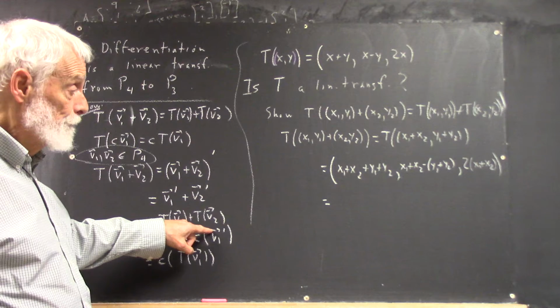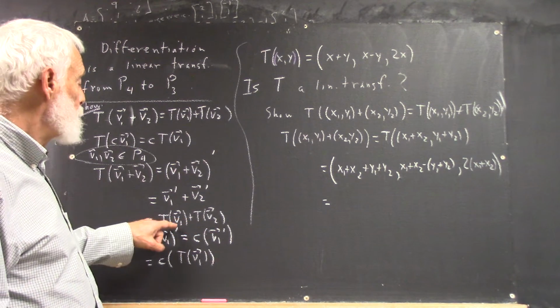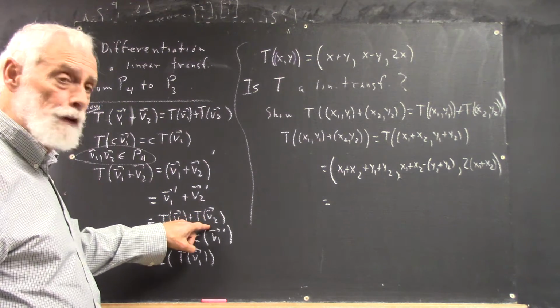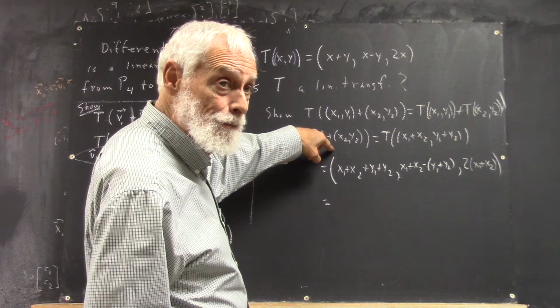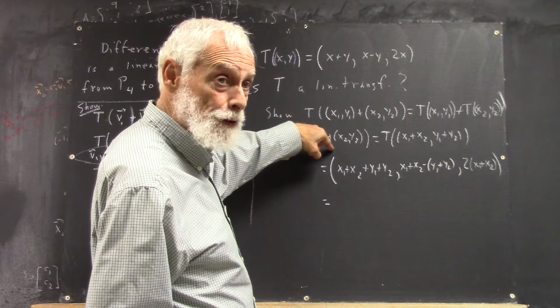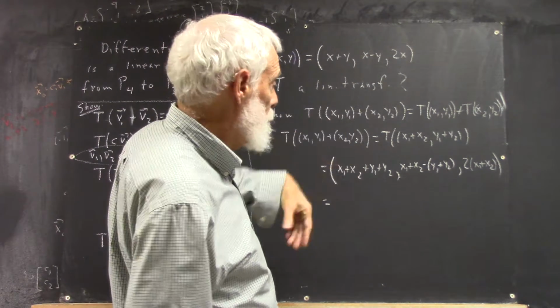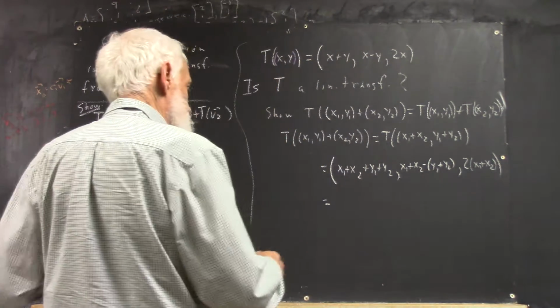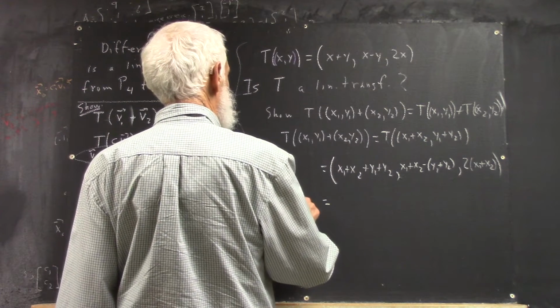Or maybe we write what T of v1 plus T of v2 is and see if it's equal to this, right? Okay? So I'm going to choose that route because it's a little more obvious. I mean, what I can do here is I can separate things out, but I'm not going to do it. I'm going to do T of,